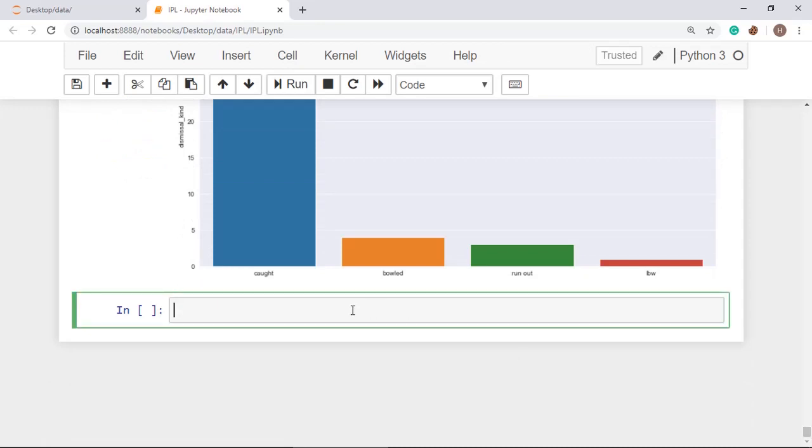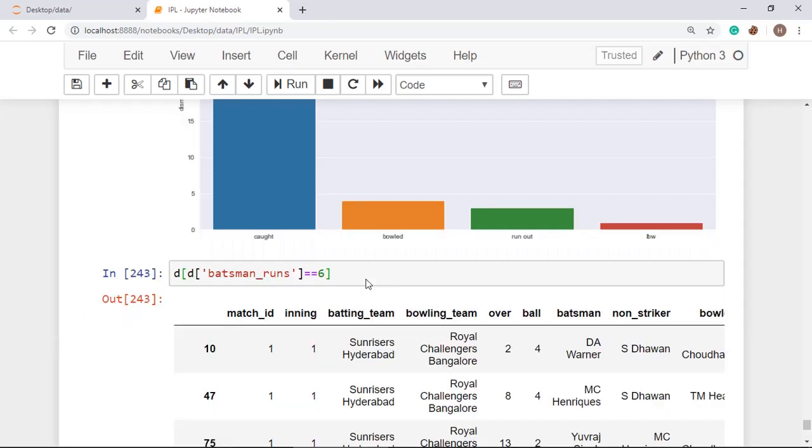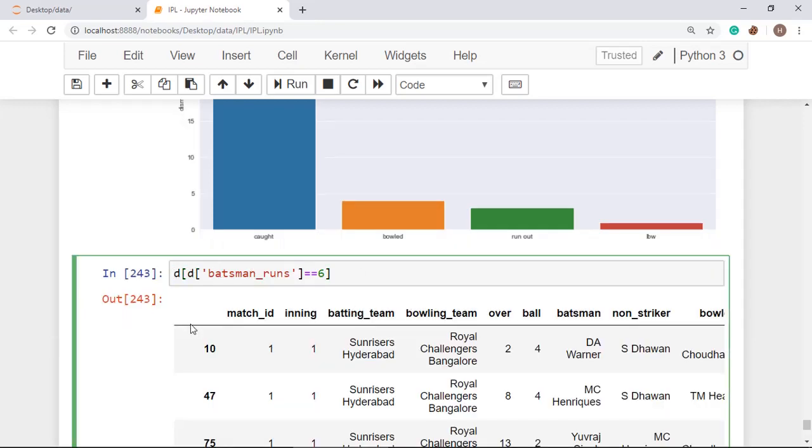You can also calculate the number of sixes in a particular season. You just have to confine the data. I'm just showing you, and this one is the last analysis, and I'll be ending the video. So first of all, call the file. I'm calling the file, and I am selecting batsman runs where this is equal to 6. So this will take out all those rows where batsman run is 6. I am storing it in an HSR variable.